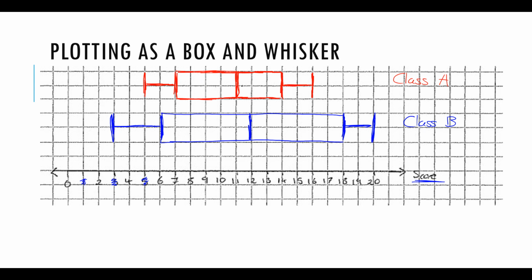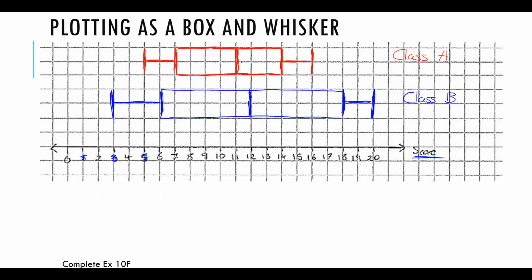And there are some other ideas around this, so sort of analysis of the box and whisker plots. If we were asked to compare these two box and whisker plots, what might we say? Well, as we said previously when comparing data sets, really they're looking for 2 things. They're looking for you to use a measure of location, and they're looking for you to use a measure of spread. So what we could say is that on average,